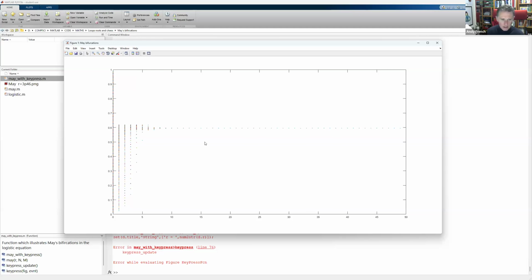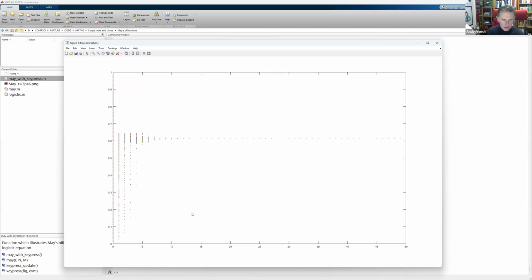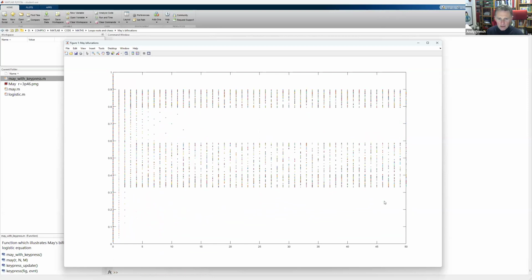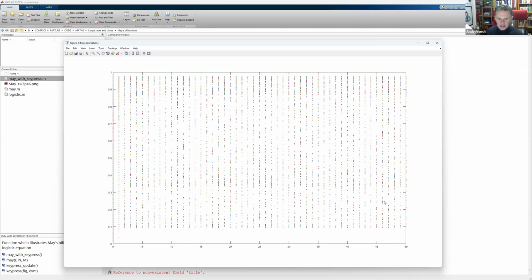I can use my keys here to work out, so what I've got here is for small values of R. And this is where I end up. Basically, this is time, and I've got different values of my initial X position, and they end up at an equilibrium value. As I increase my growth parameter, my equilibrium value changes and gets larger. And then suddenly we get a bifurcation, and then bifurcations of bifurcations, and eventually chaos.